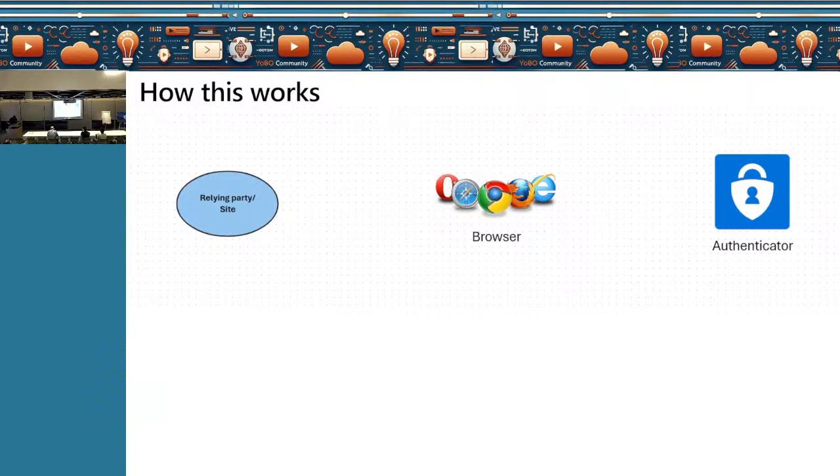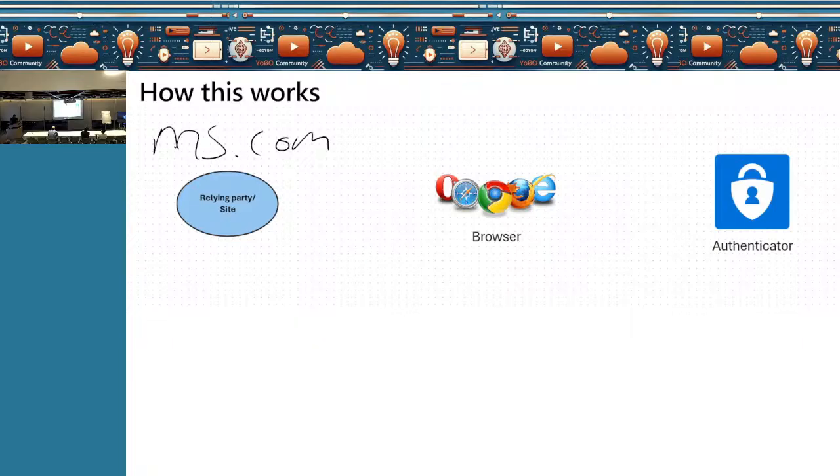But now, let me try to make you understand a little bit on how this works. Okay, so as you can see on the screen, I have a relying party. So you can assume this site to be something like login.microsoft.com. Okay, I'm just going to draw something. So let's say this is ms.com. Relying party is like an application, or an identity provider.